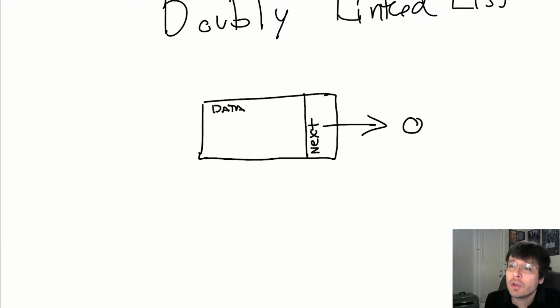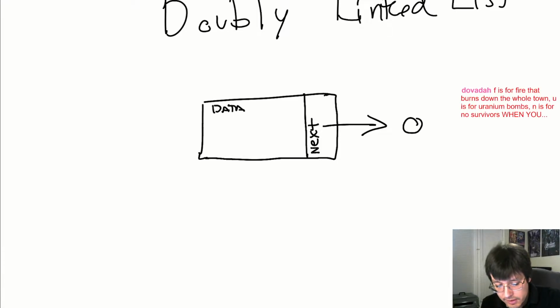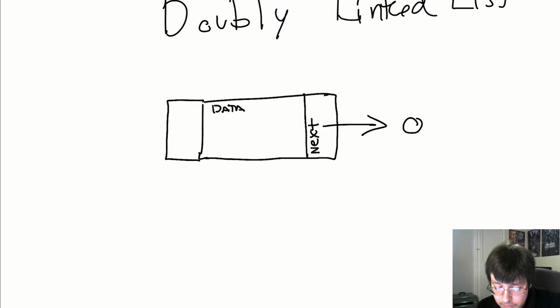And that's really your two components of your linked list node. And of course, you make a linked list by putting a bunch of these together. I use this little circle to represent a null pointer, okay? So then, a doubly linked list is going to add one extra component, one extra pointer per node. And from a drawing perspective, we tend to put that here, and we're going to call that, well,